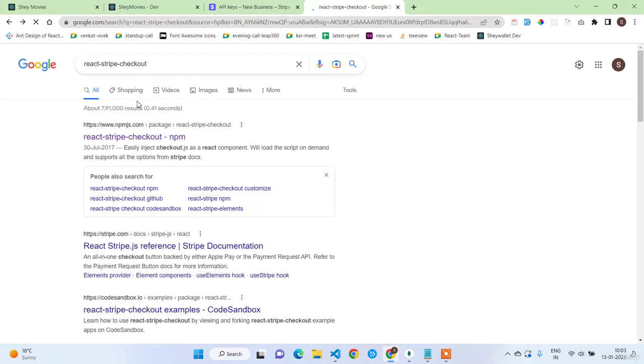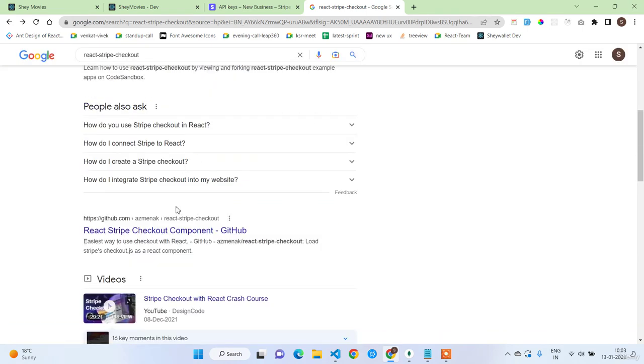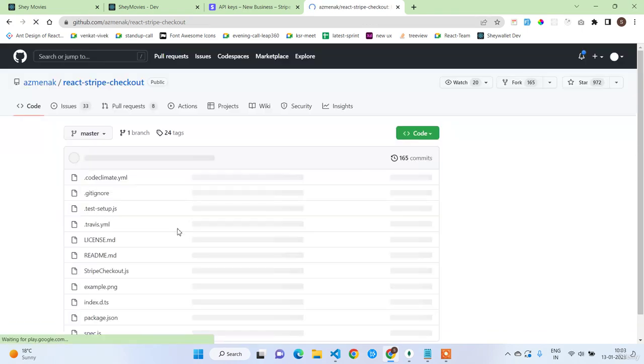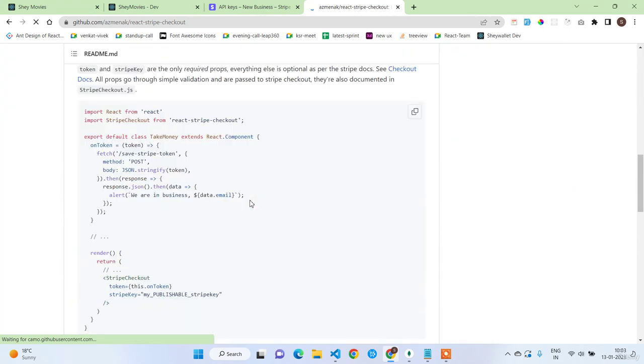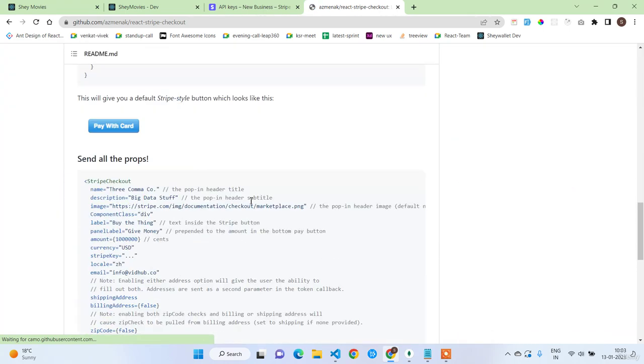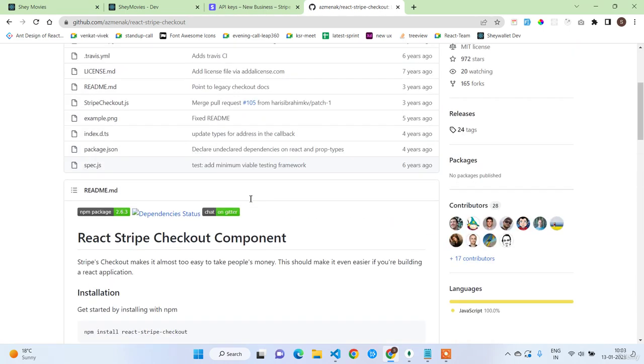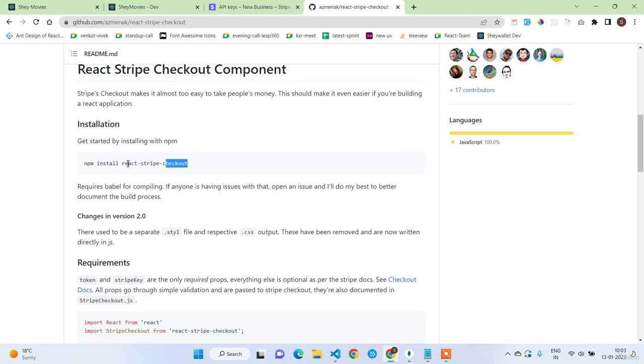Why is it not showing? React Stripe Checkout. Yeah, here they have given it. I think their npm page is not working properly. So just install this